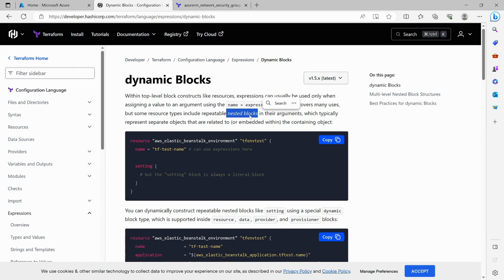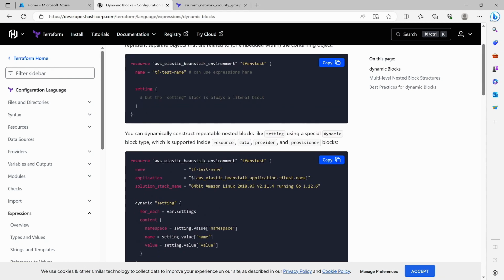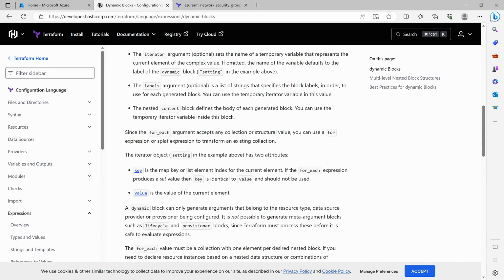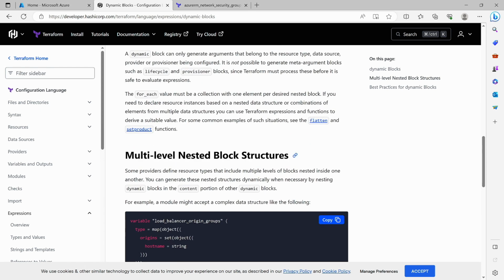How we are going to implement dynamic blocks, we can see in the demo. Before that, let's see where we can use dynamic blocks. We can use a dynamic block in resource, Terraform data, provider and provisioner blocks. We use for_each for iterating over our variables and locals, and we can define multi-level nested blocks using our